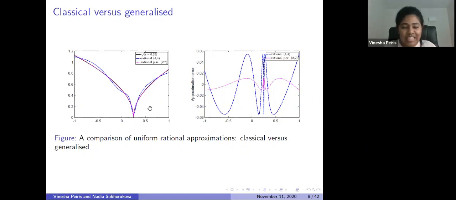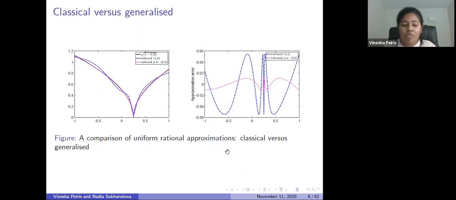So for this case, we know what our basis functions are and we know where to locate our knots. So we get a superior result, or the rational approximation. And if we move to the right-hand side, we have the maximum deviation graph. The maximum deviation for the rational approximation, where we use a ratio of 2 polynomials, is almost 0.06. But for the rational piecewise approximation, it is somewhere around 0.01.